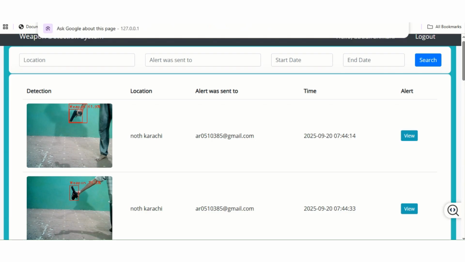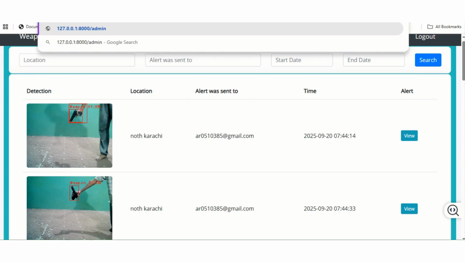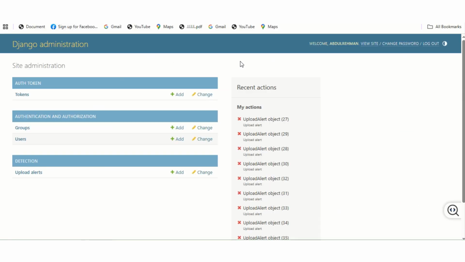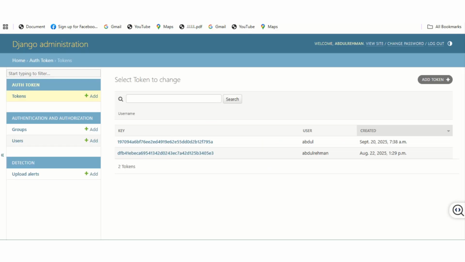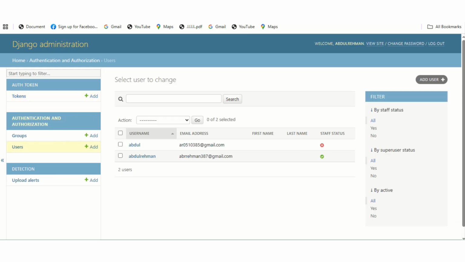So as we proceed towards that administration panel, here you can see there is a complete administration panel which has only one superuser, called Abdurrahman. So only he can get access to that administration panel. Here you can see there is a token section and it grants a token to those persons who got registered. There is an already registered person and the newly registered one, which you can see in the video, Abdul, so he also gets token authentication, and here you can see all the users who registered in my project